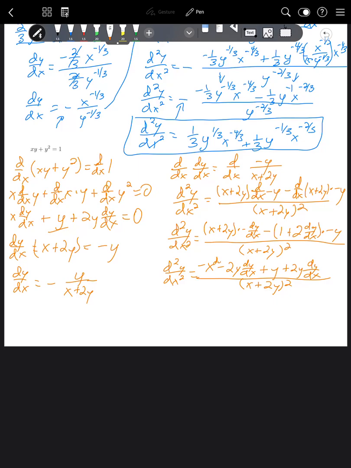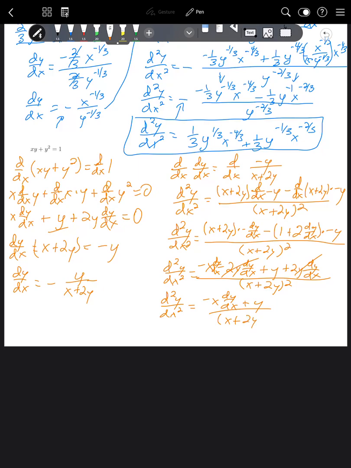Oh, and I forgot the dy/dx here, which is going to be important. And so the negative 2y dy/dx and the positive 2y dy/dx cancel. So this is d squared y over dx squared equals the opposite of x dy/dx plus y